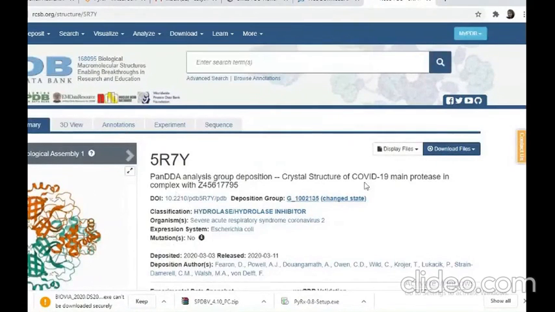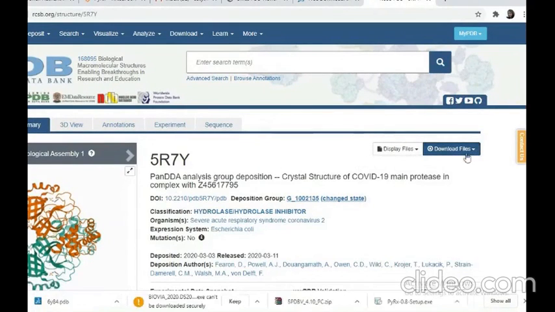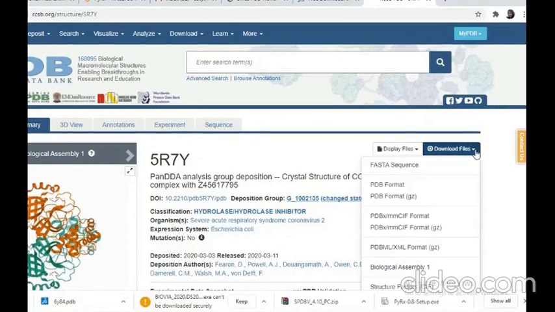This is also COVID-19 main protease protein, but these are all spike proteins. Again download in PDB format. There are different formats, FASTA format, PDB format, but for molecular docking, especially PyRx software and AutoDock Vina, we use PDB format only. FASTA is a single sequence and will not allow us to do a 3D structure.